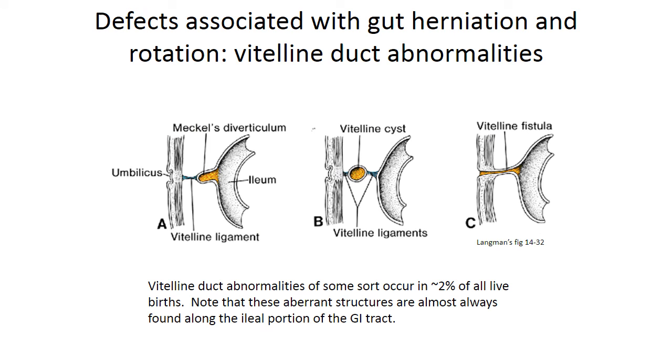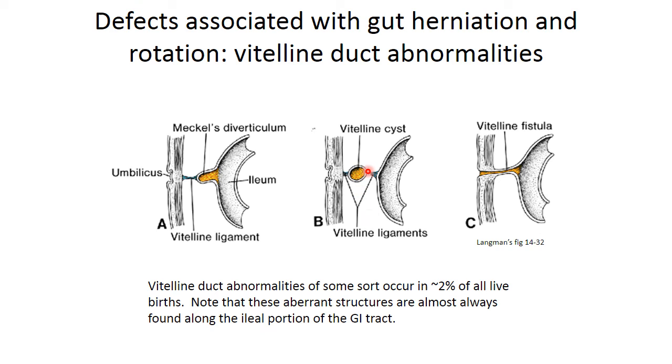So the next defect that is associated with the vitelline duct. As the midgut loops, they are going to have the attachment with the umbilicus through the vitelline duct, which has to regress and become fibrosed and ligamentous. But you can see here this Meckel's diverticulum, it's that portion which is the distal portion. It becomes fibrosed and gives rise to the vitelline ligament, but the distal portion remains patent here. You can see there is no harm about it.